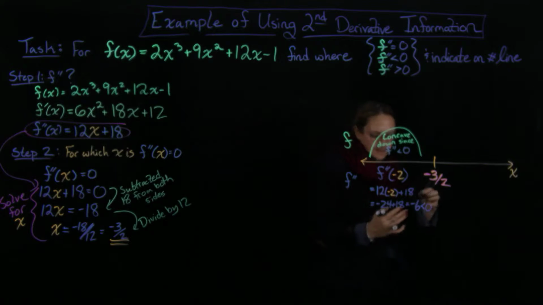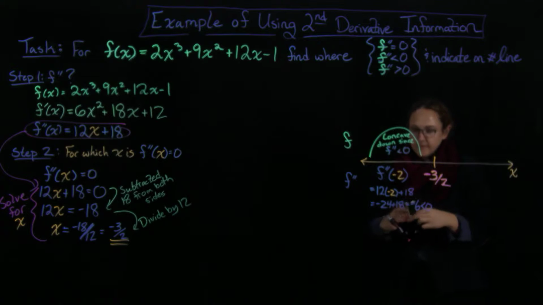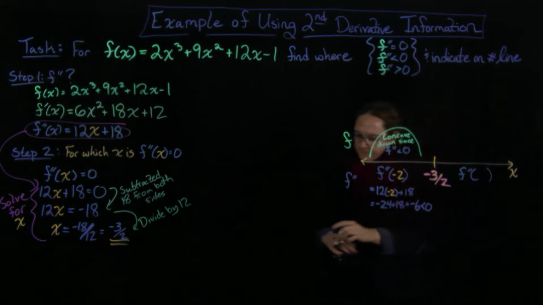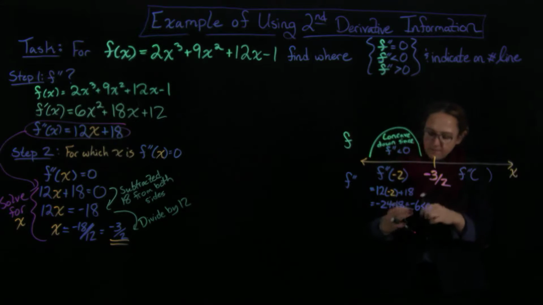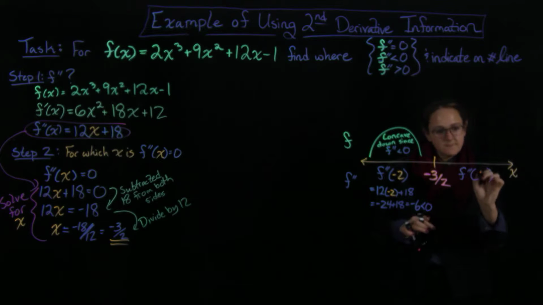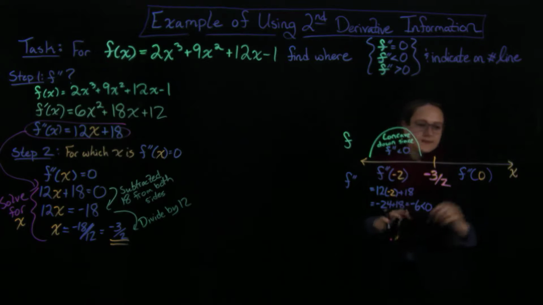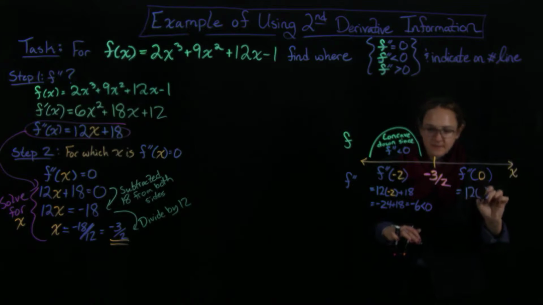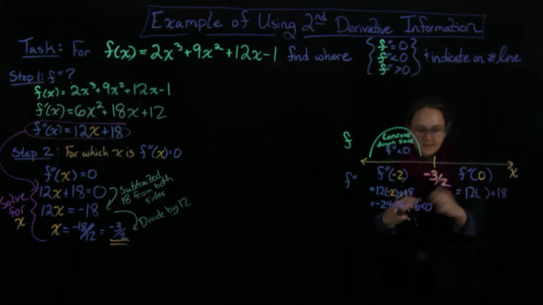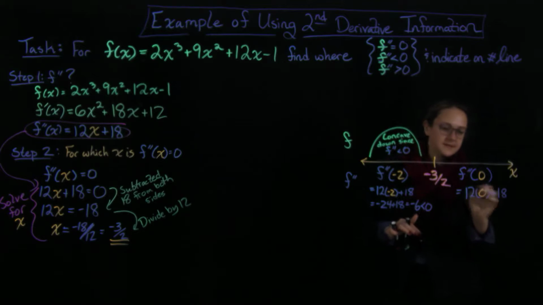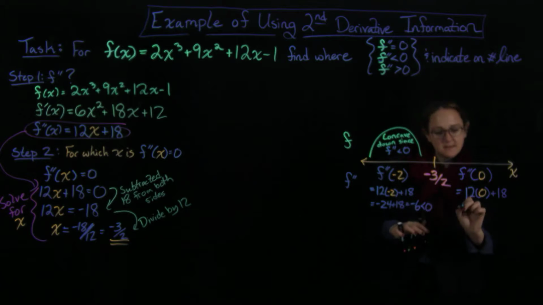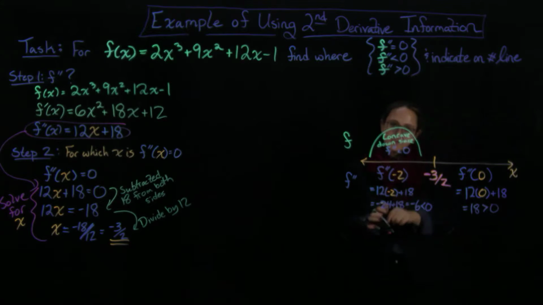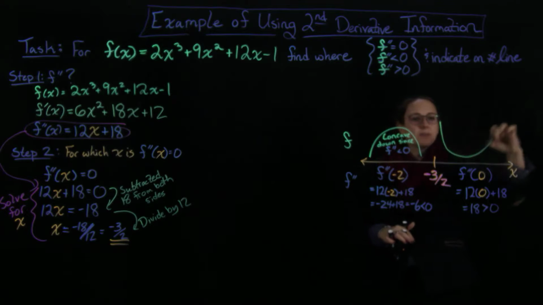And then over here, I can do another test value. So I take the second derivative of, and then let's try this at 0. Okay, so this is going to equal, so I have 12 times, right now I put this in, so this is 12 times 0 plus 18, so this is just equal to 18, which is greater than 0. So that gives me concave up